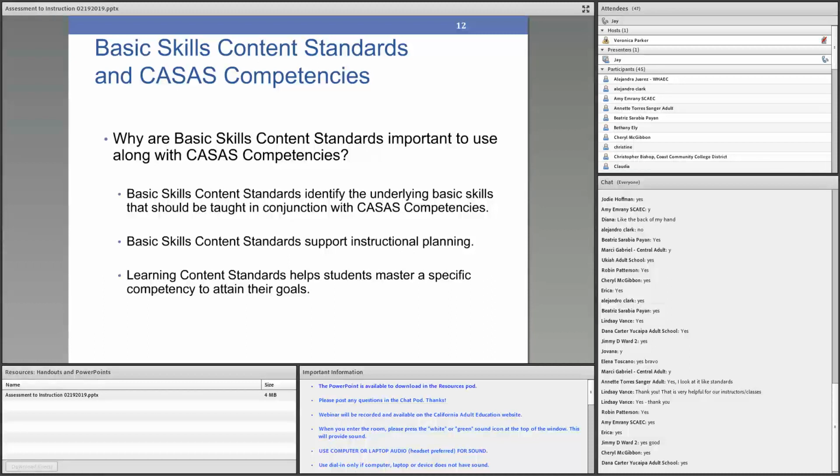But again, I believe we've talked about this, where we have content standards and competencies going on simultaneously. We have the competency side to address life skills, again, healthcare, employment, consumer economics. We also have content standards to address the underlying academic skills, reading, listening, math, etc. So we have both going on, both basically existing under the hood, working hand in hand with each other,